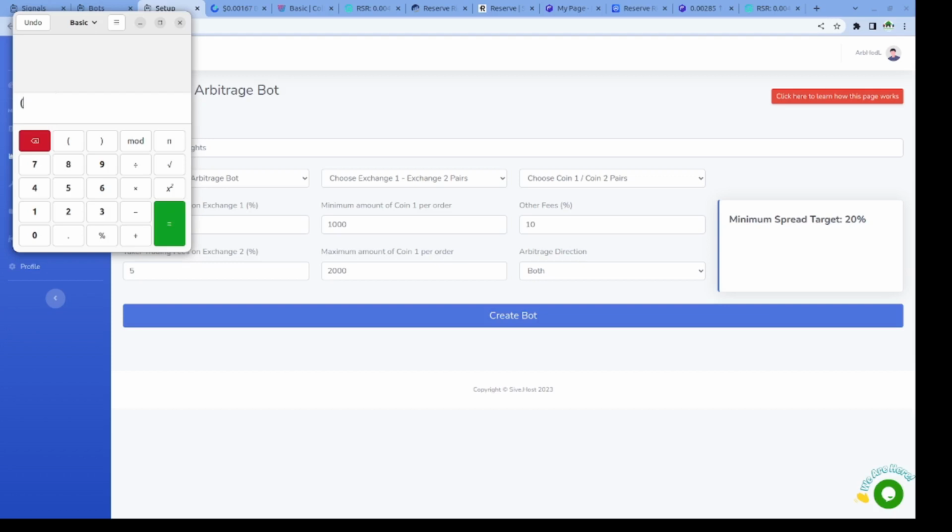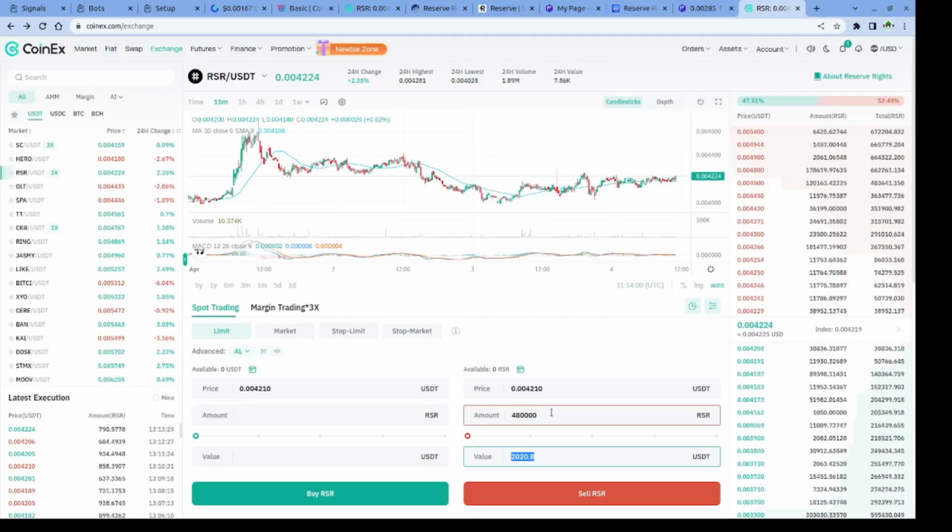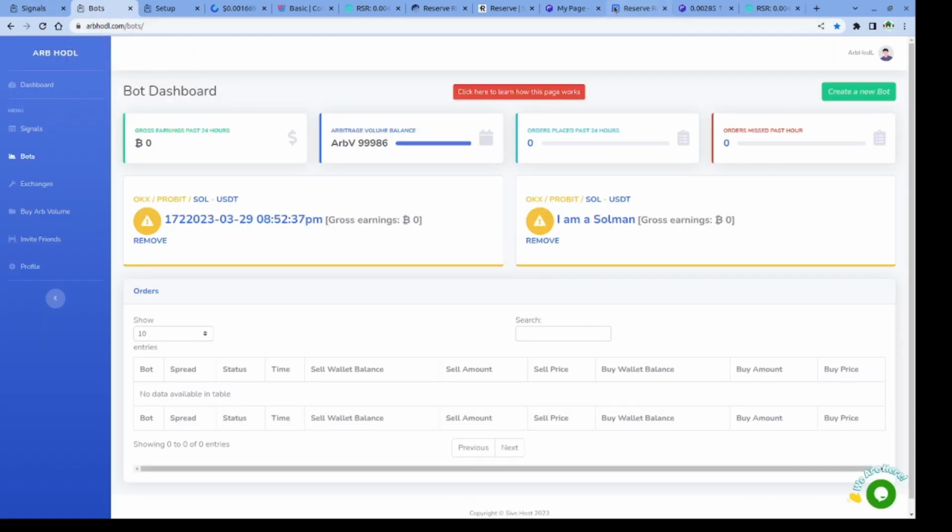So we use that formula again, which is 1,200 divided by 0.05, since it's 5%, multiplied by 2. So that basically gives us 48,000. So we would have to take that 48,000 and find out how much it would cost to buy it right now. And we can see that it costs 202. And that's basically another way of reducing the total USDT required to get started on this opportunity. So you'll just need to put in 202,